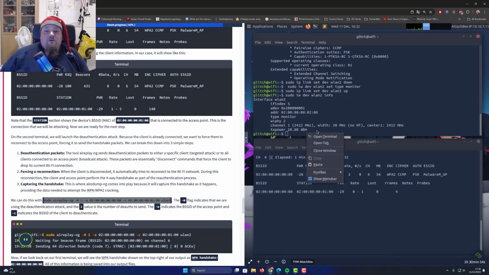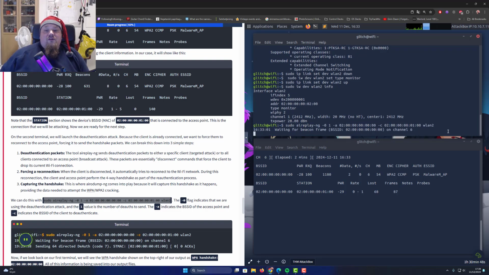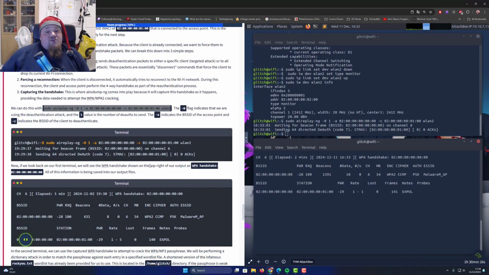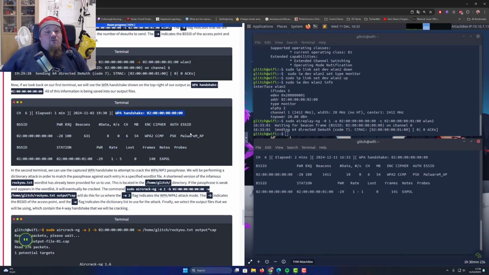Let's do that on the other one right here. Pay attention to the top here, right? So sending one packet, it's now deauthenticated. And if it worked the first time, and sometimes it does not, you have to send it again. But now it actually worked the first time. It says WPA handshake to this particular station. Now we have it. We captured the four-way handshake, okay? And it's showing exactly the same right there. So we are on